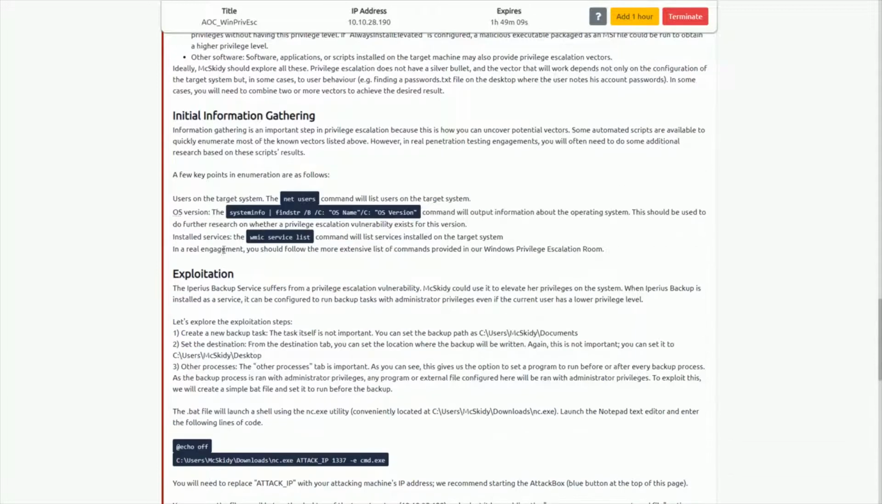Then it goes into things you could do for information gathering. Information gathering is an important step in privilege escalation because this is how you uncover potential vectors. There are some automated scripts, but we're going to do a manual enumeration here. We're going to use the net users command, and this will list all the users. We'll run systeminfo to find information about the operating system and any software that's installed, and then we'll run wmic,